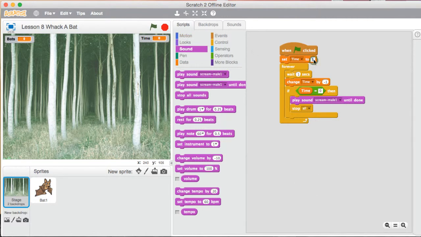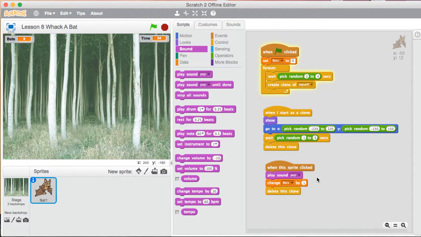Okay, and obviously for the real game we want about 60 seconds on the clock. And yep, the point of the game is to click as many as you can in the 60 seconds. Now there are variations. You can make it so that there's another sprite that if you click it you lose points, so one that you should avoid. You can probably figure out it's just pretty much the same way as this bat,